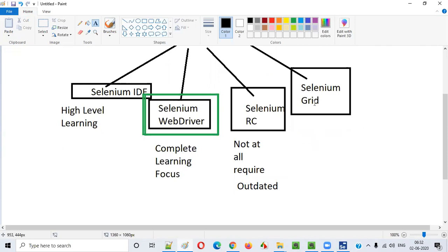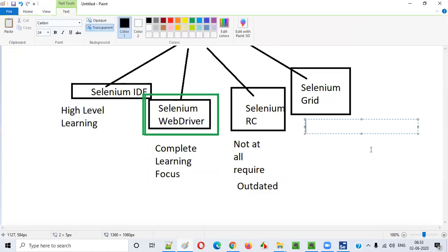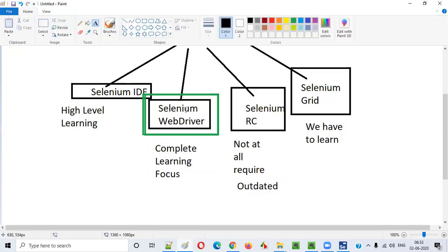What about Selenium Grid? Do we have to learn it? Yes, correct. Selenium Grid we have to learn, guys. As part of Selenium WebDriver, we are going to learn Selenium Grid.